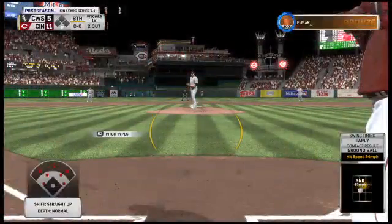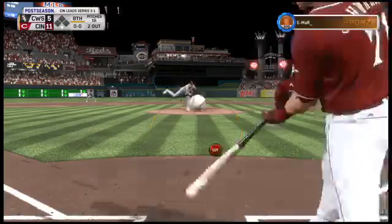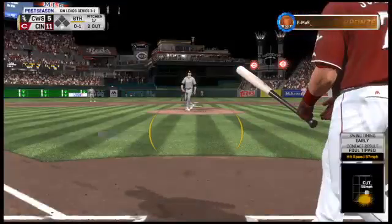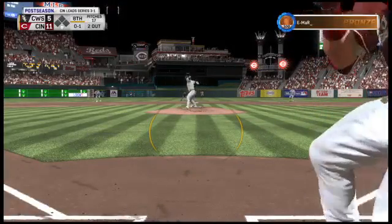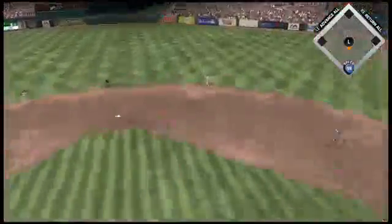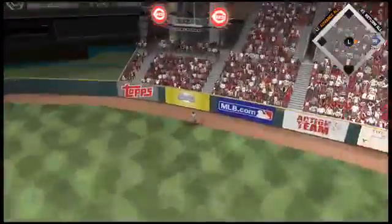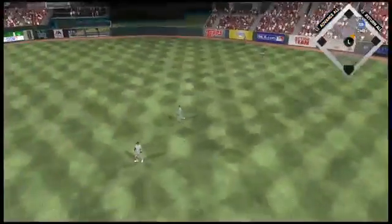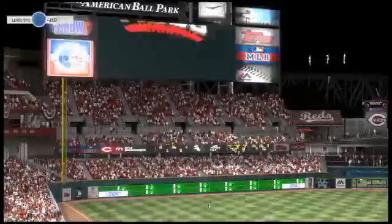Ready now, Kyle Schwarber. He comes in 2 for 3 with a couple of home runs thus far on his line. And that's swung on and fouled straight back. Bases are empty here with 2 men out. Toward the gap in right center. This is going to be a base hit, and he may take that big turn at first. Throw into second. The tag, and they'll get him at second. And with that,